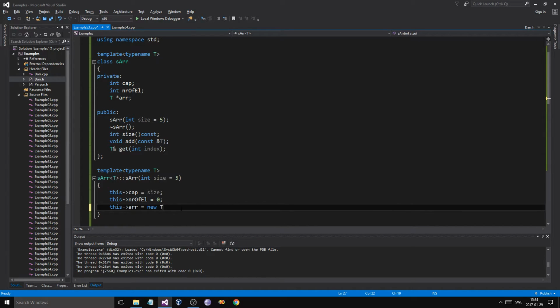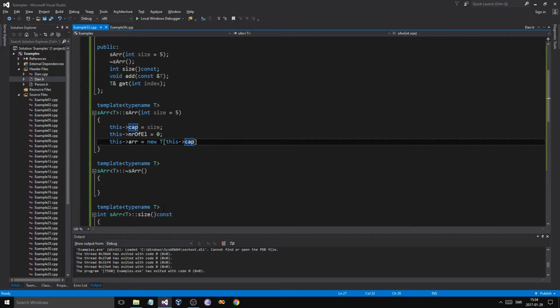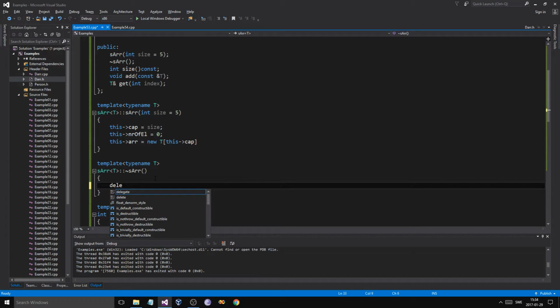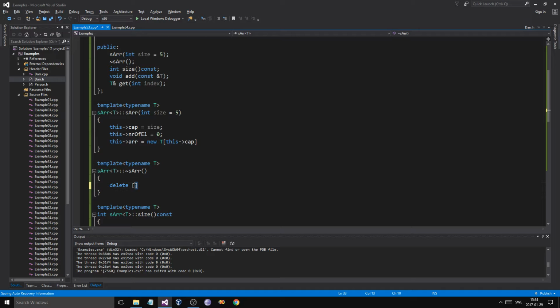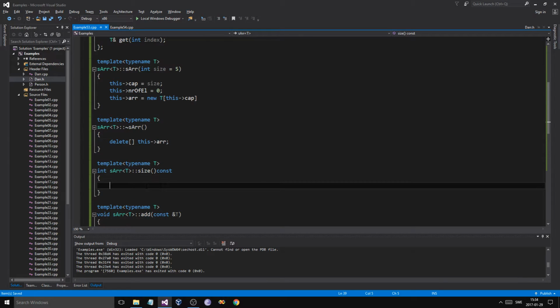But let's go ahead and make this a new T this time, since we're using T. We don't know which type we want, but it will know by the time we create one. So this cap, that's why we're using T. T is a template value, a generic type. And to delete, we just delete. Remember, we need these brackets if we're deleting a whole array, this array. And then we're going to return this